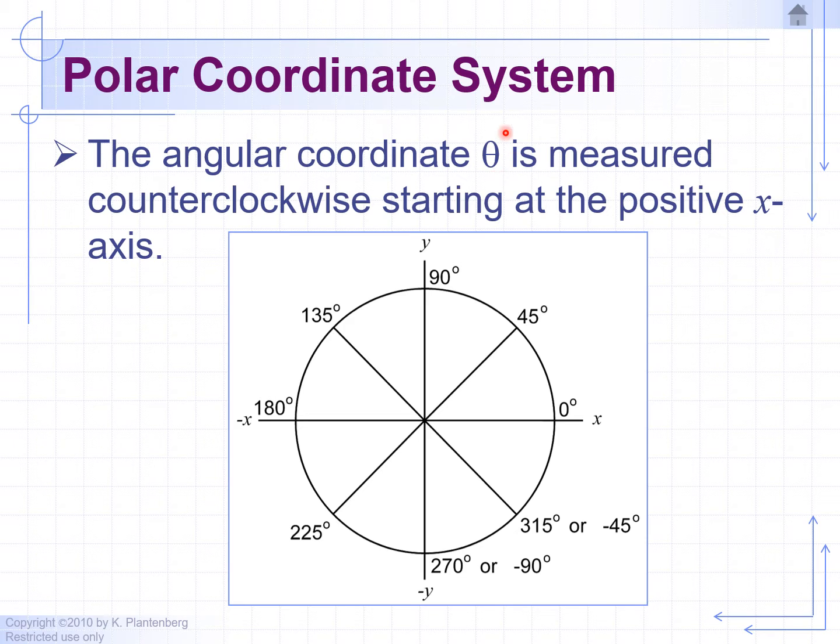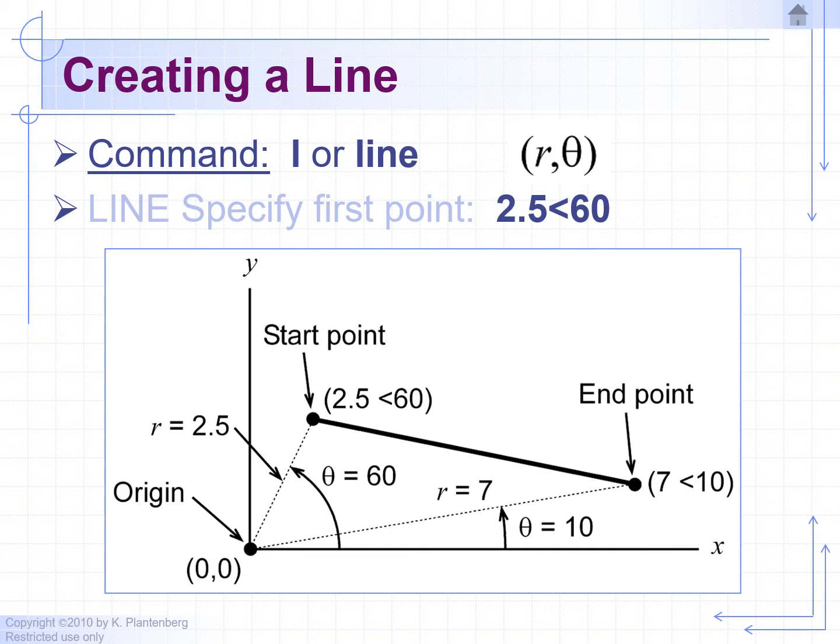Once again, theta will represent our angle, and that'll be measured off of our x-axis going in a counterclockwise fashion. Next slide. So let's define a line using polar coordinates. So we have our first point, and it's 2.5 units away from the origin at an angle of 60 degrees. So just imagine going 2.5 units from the origin, and then rotating counterclockwise 60 degrees to locate our first